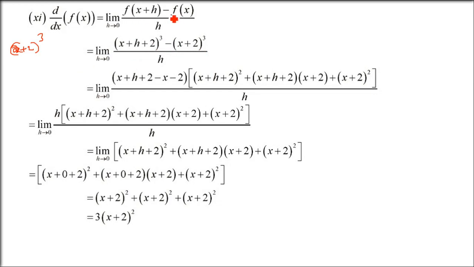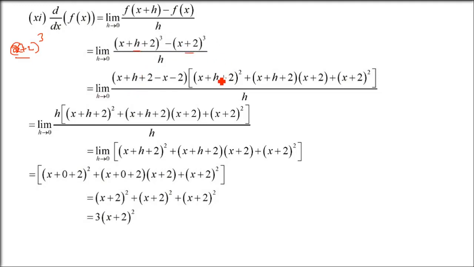So how has it come? f(x plus h) minus f(x) by h. So x plus h plus 2 whole cube minus this whole term x plus 2 whole cube, divided by h. Now you can use the a cube minus b cube formula, right? Because you know that with this x plus h plus 2 and x plus 2, if you take the a minus b, most of the thing gets cancelled. That is why you are going to use a cube minus b cube.